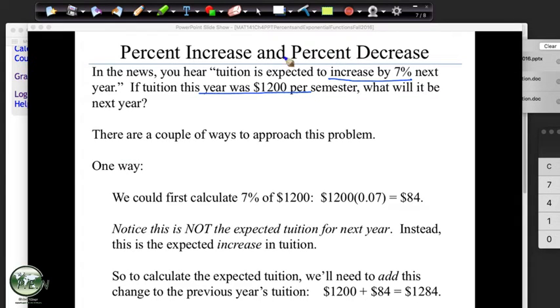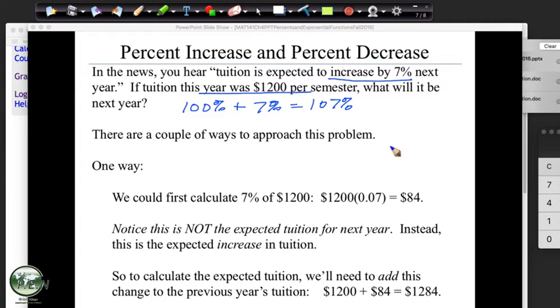So what you want to think about is, if we increased or decreased, we always start with 100%. And in this case, we're adding the 7%. If we wanted the additional amount, we could do that calculation separately as 7%. But if we just do the calculation to get to the total, watch this. We use 107%.